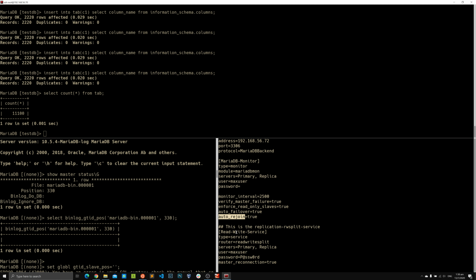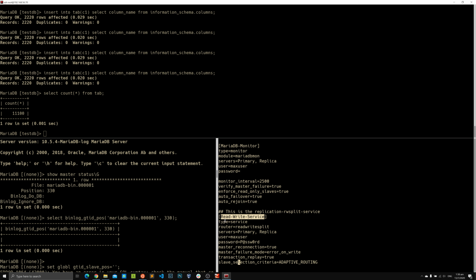And then the last part, or not really the last part, but the other service, or the last service in this section, is basically the read write service. You see this type is a service. The previous one was type is a monitor, but this particular section is a service type, and this is going to use the router as a read write split router. So this is a very super powerful router, which basically tells